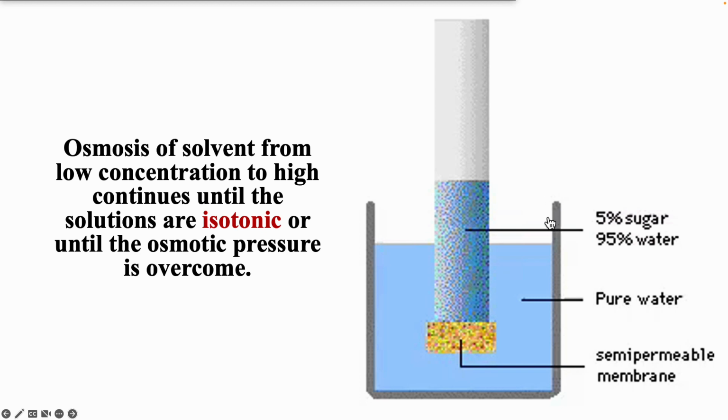Now, osmotic pressure is actually the pressure due to this difference in concentration. And so here we have a membrane, a tube, and we have a 5% sugar, 95% water solution in the middle, and we have pure water here. And so the pure water wants to go in the solution because it's more stable there. Now, at some point, the pressure from raising this level is going to counter the osmotic pressure, or when the pressure of the weight of the water is equal to osmotic pressure, then there will stop being a net inflow